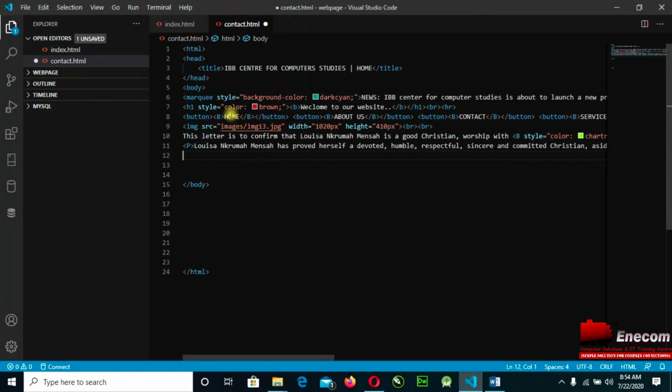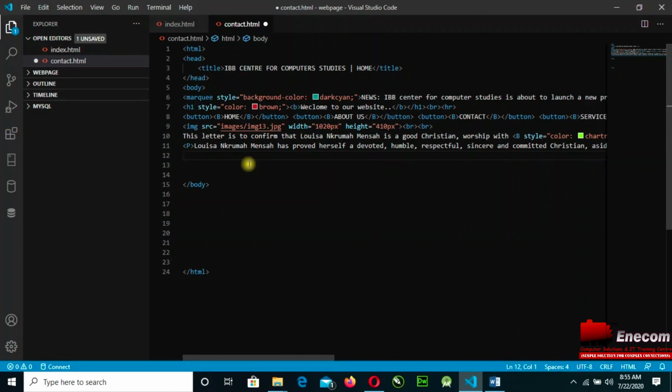In the previous lesson, we've been going through a lot: how to insert a picture, how to do a marquee, how to bold a letter, how to create a paragraph in your content, how to add colors to text. So we are going to add a little bit to it, which is a table.